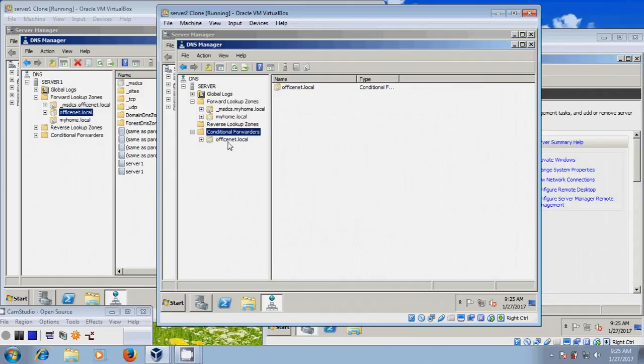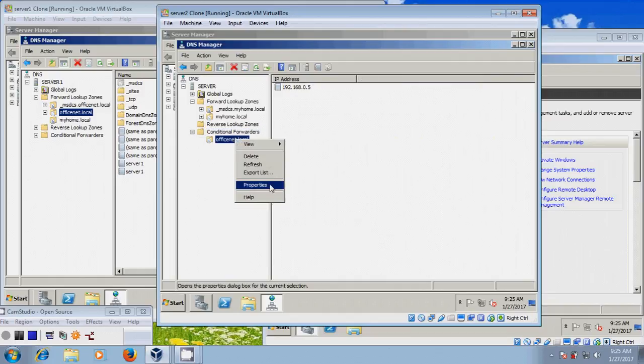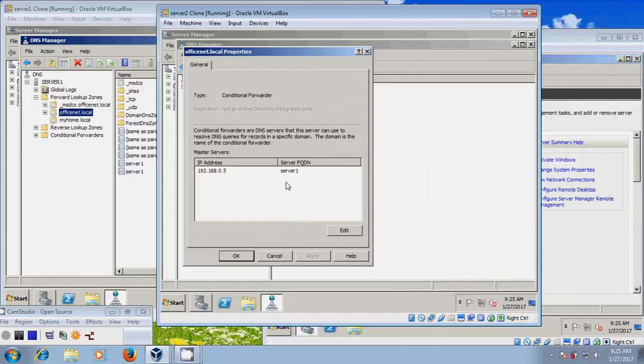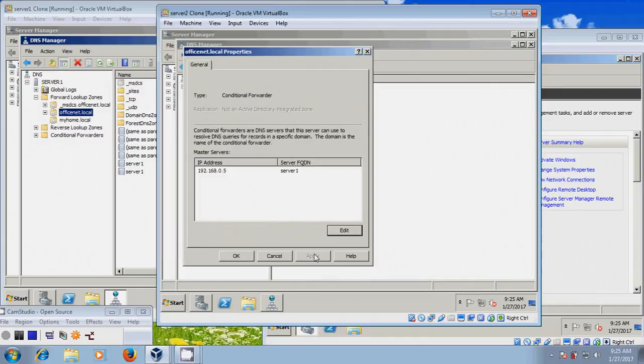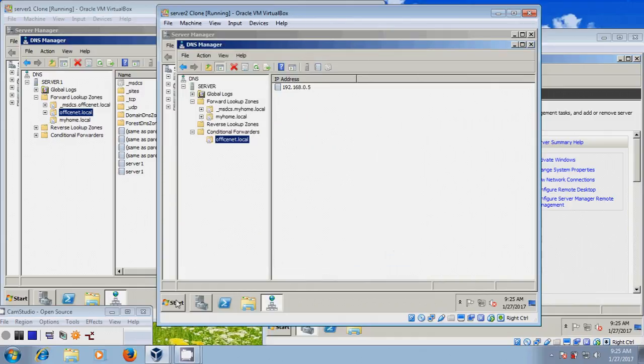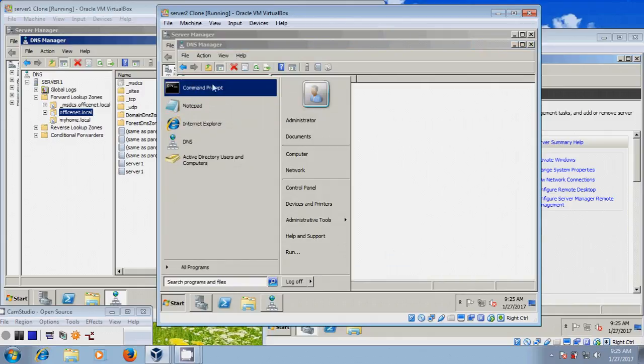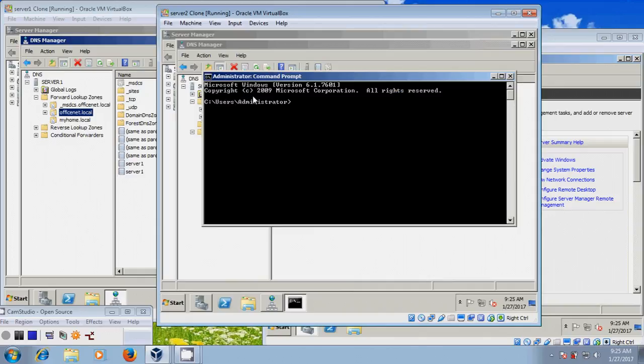Okay, now come to properties, edit, cancel. Okay, now come to start, command prompt, run as administrator,